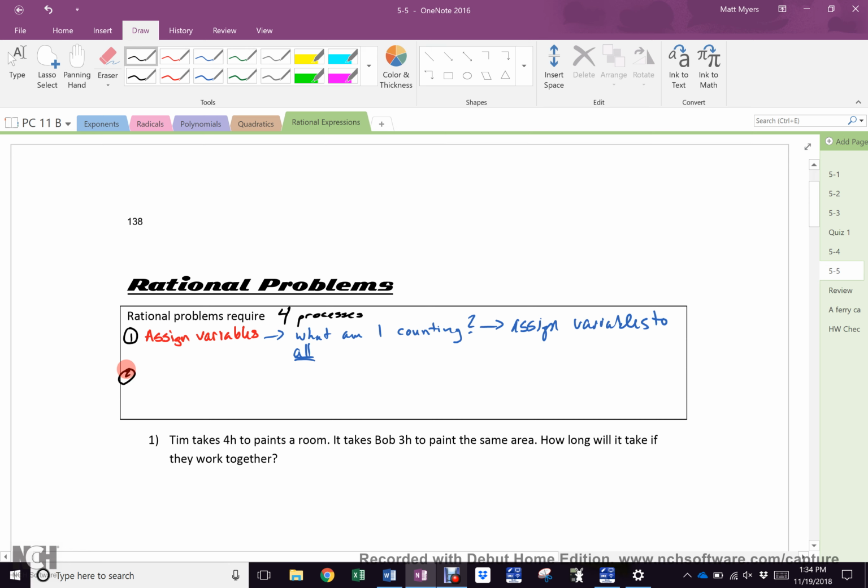Since it's a math class, I need to design... what must I design? What allows me to find the values of variables? An equation. I must design an equation to do what? To answer my unknowns. So,